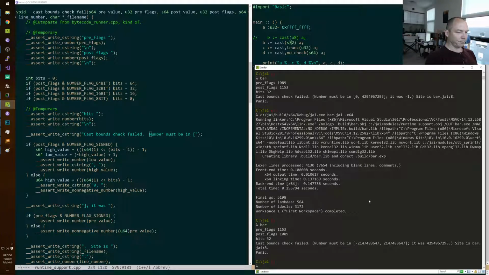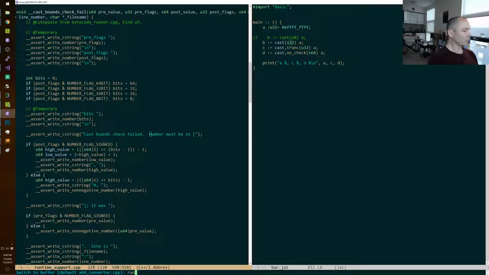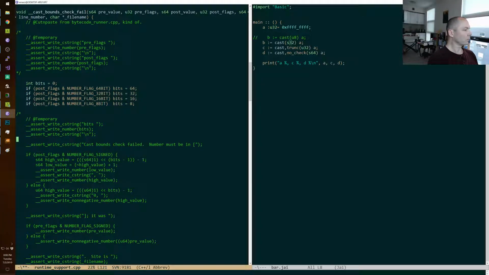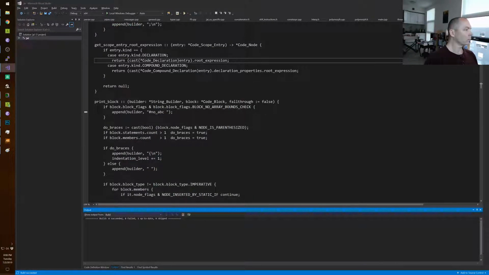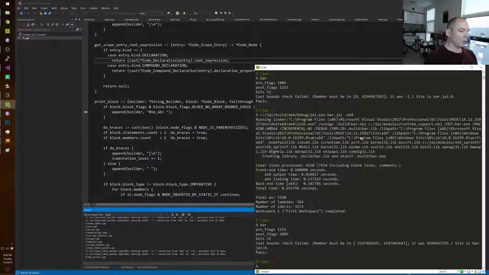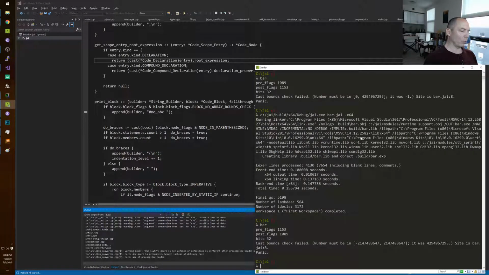Seems like it's working. So now we get to run this on Sokoban and see what all the cast bound check failures are.